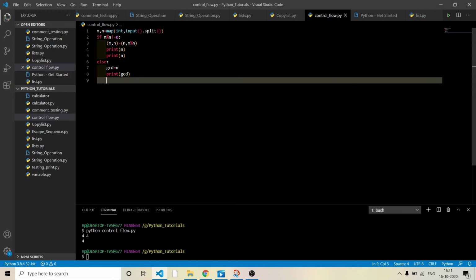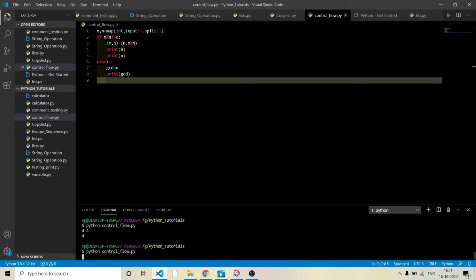Okay, now as it happened, let's run it with some inputs. So firstly I'm telling you about the if condition. My if condition will be satisfied only when my remainder will not be equal to 0, that is, if m divided by n will have a non-zero remainder.